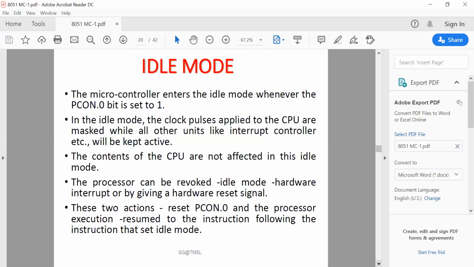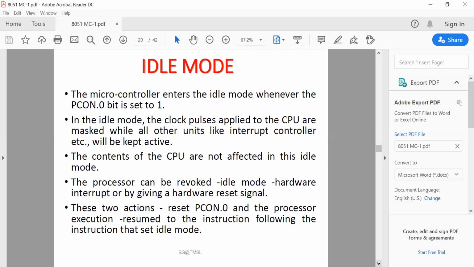In idle mode, the clock signal to the CPU is cut off, hence the CPU goes to sleep. And as the CPU draws up to 80% of the power supply, this saves a sufficient amount of power. At that time the ALE signal and the PSEN bar, program store enable, signals are held high.